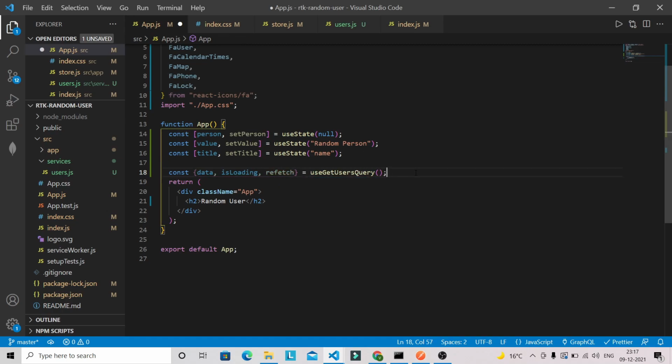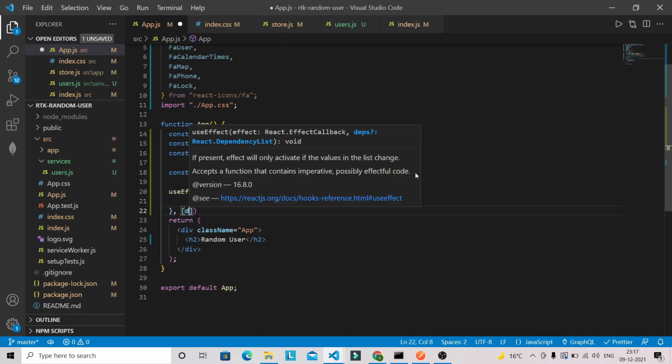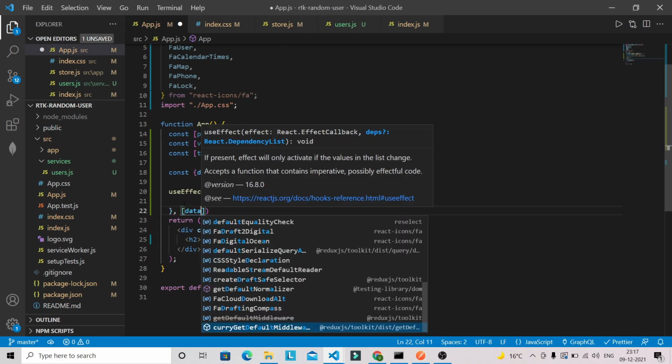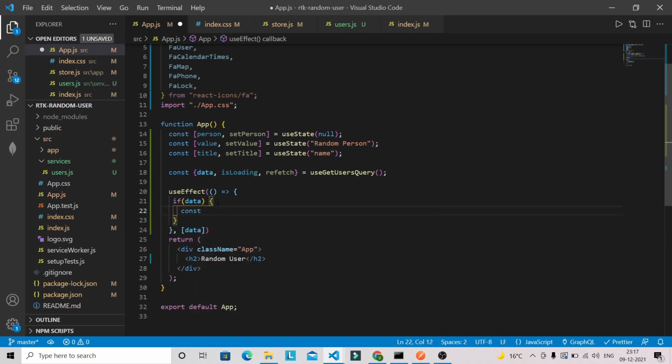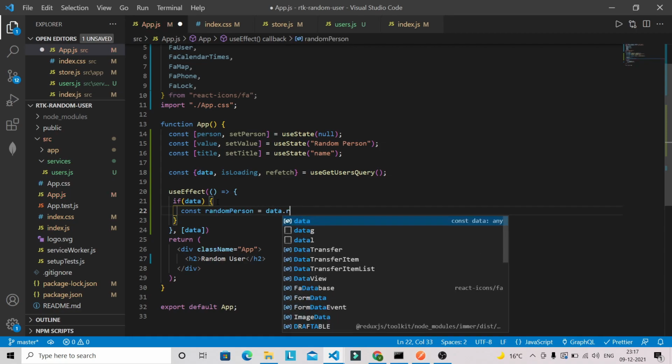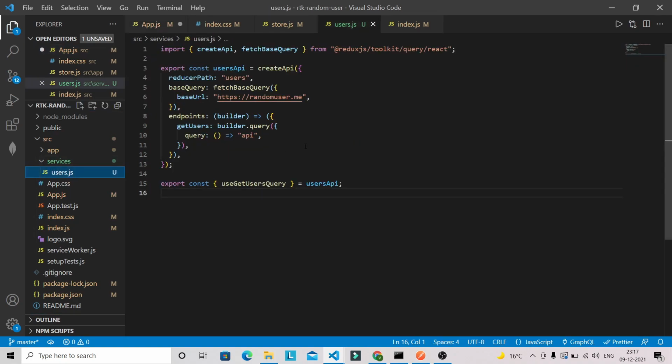Okay, and after that we need to define useEffect, and this useEffect will only run once we have the data. Okay, and here we are going to write one if condition. If we have the data, then let's get that random person. So random person, I'm going to define one const variable here, and data.results. So this API basically brings a single array of objects which will contain the detail of that random person.